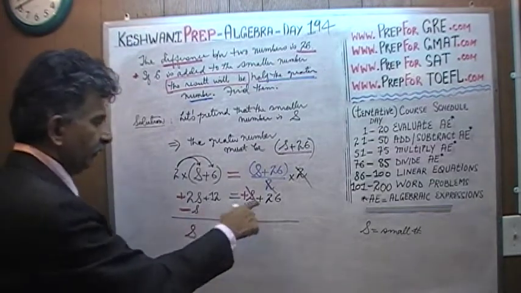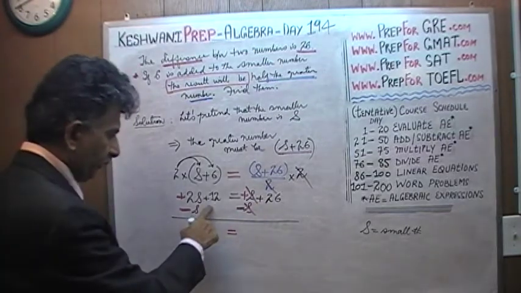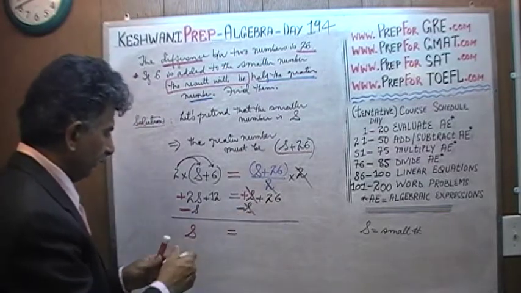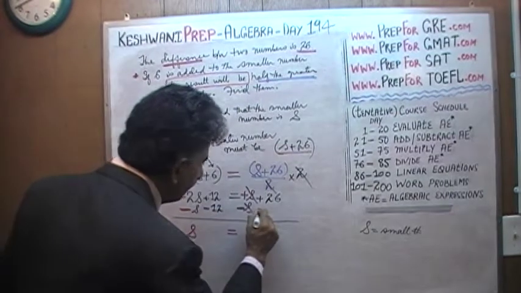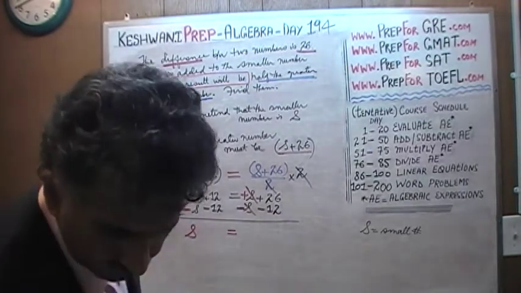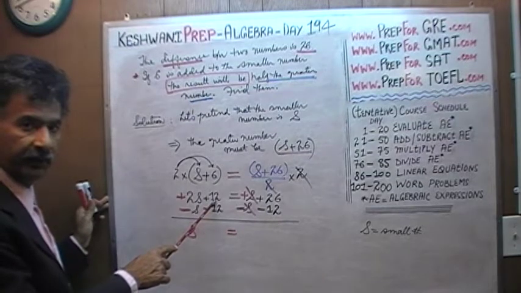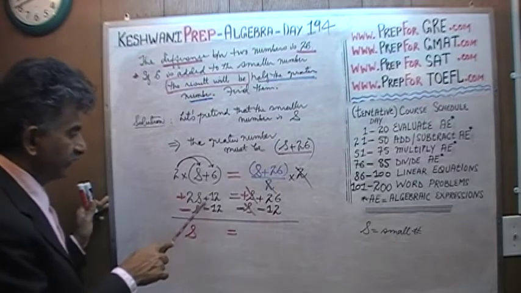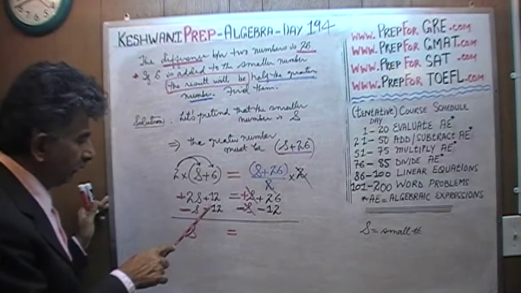We need to bring the 12 to the other side. How do we bring this positive 12 to the other side? Well, by the time the positive 12 gets to the other side, the positive 12 turns into a negative 12 like this. Because we need to subtract 12 from both sides. And now this 12, we have taken it, picked it up and put it on the other side, and by virtue of doing that, it changes the sign. Positive 12 becomes negative 12 because in order to get rid of this positive 12, we need to subtract 12